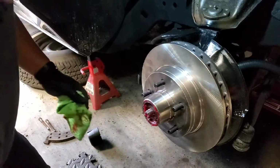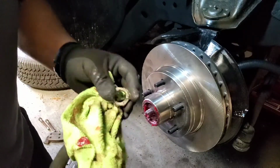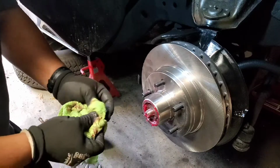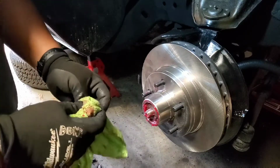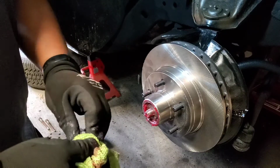So now after we do that, we got this guy right here. This nut is gonna, oh look, you see that box right there on top,